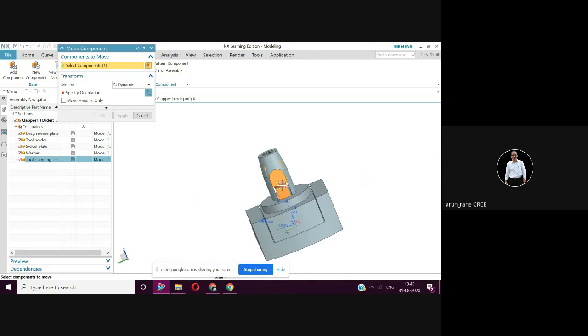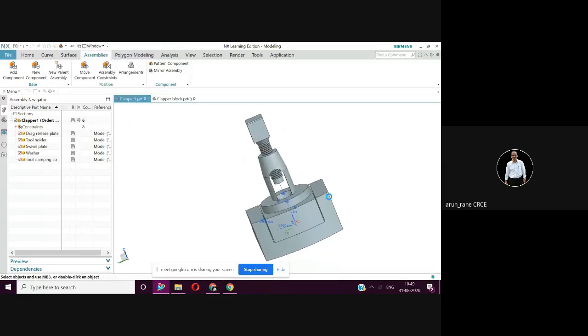So this is selected. Now specify orientation. You have to click here. Then only this will appear. Now I'll move it reasonably up. This is just fine. I'll leave it here and say OK.